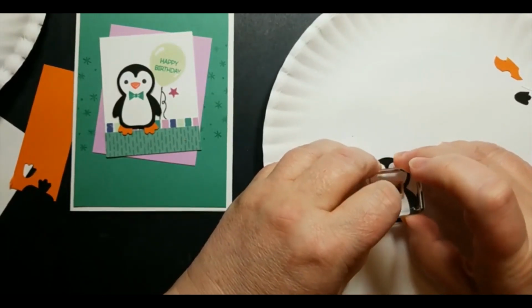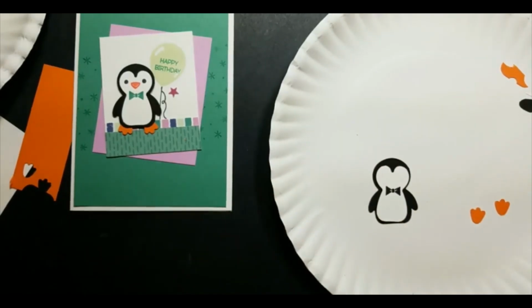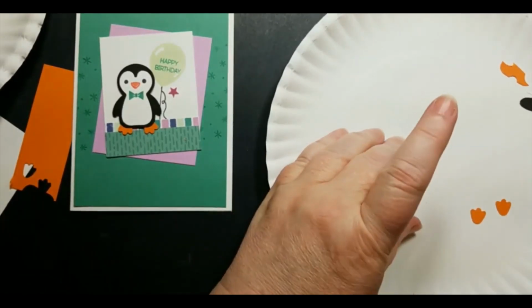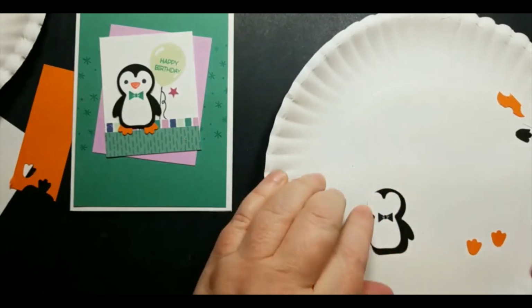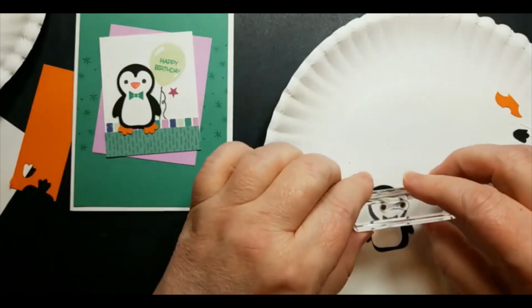There we go. Super cute. Clean that off. And then the eyes. Now, I found with the eyes a couple things. There's a couple different ways to use the eyes, though I'm going to show you, I think, the way it was meant to. For me,